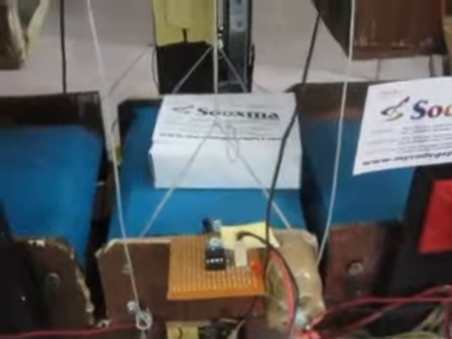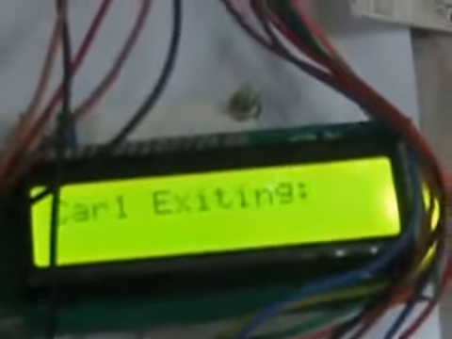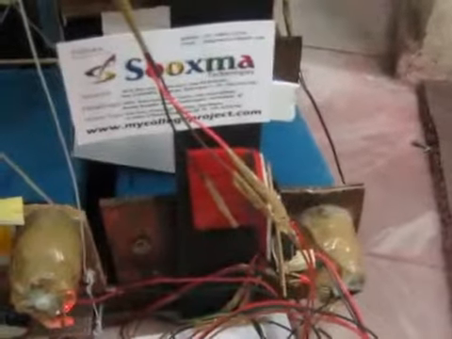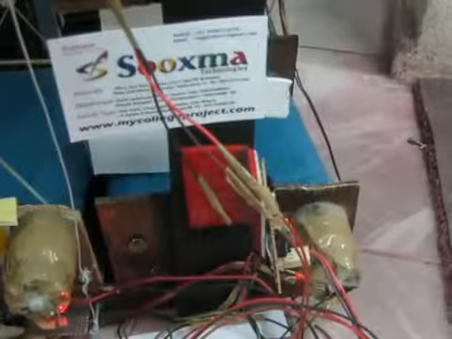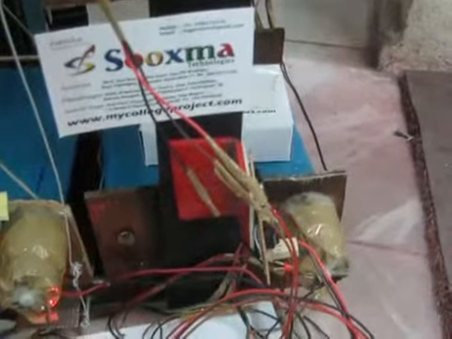Dispatching the first vehicle to the exit slot from the cabin. As it reaches the exit, you can get a buzzer alert indicating that the vehicle has successfully reached.